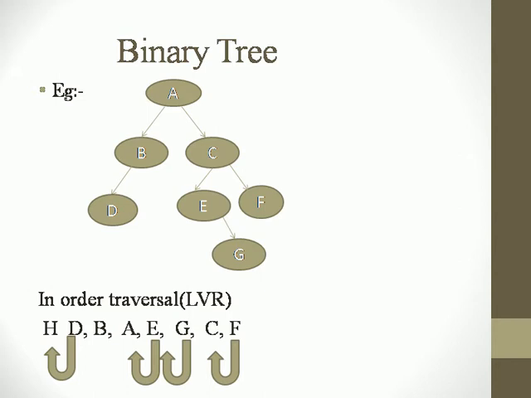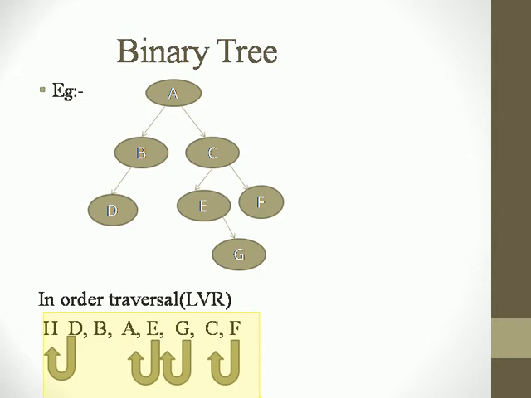Now we will consider one example binary tree, shown in the figure, which has a root node A and two children B and C. B has a single child D, C has two children E and F, and E has a single left child G. Now, to perform the in-threading, first we start with the left in-threaded binary tree. To perform the threading, we have to traverse the tree in in-order.